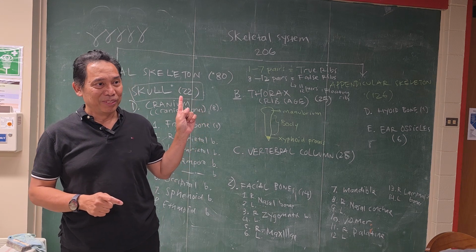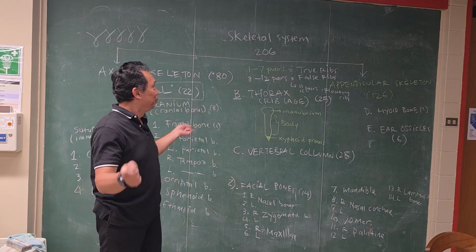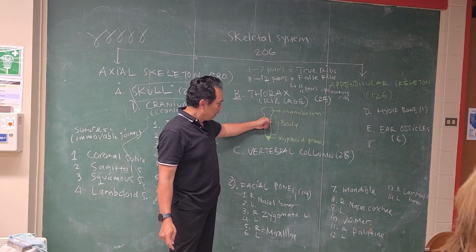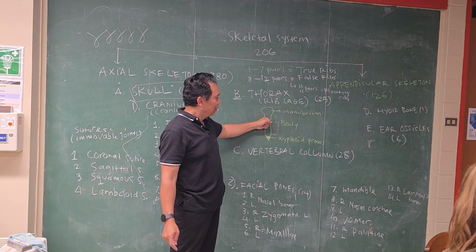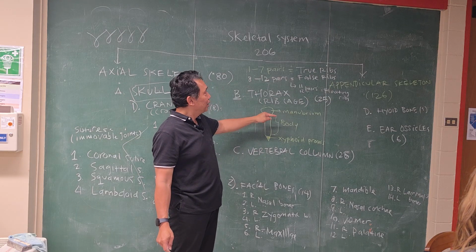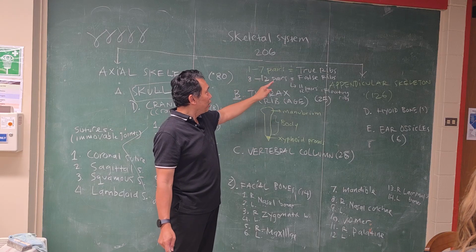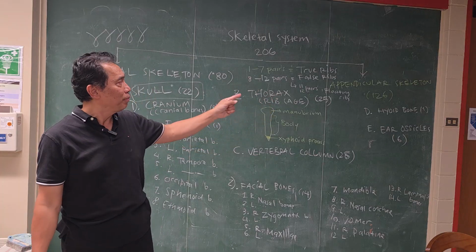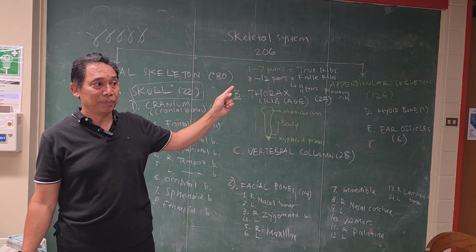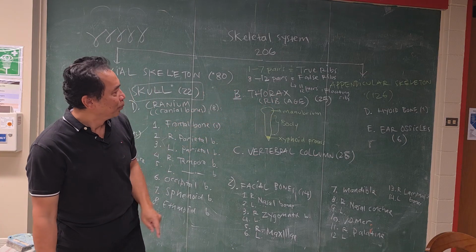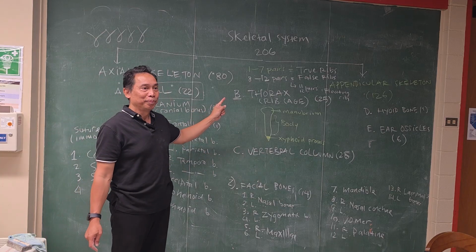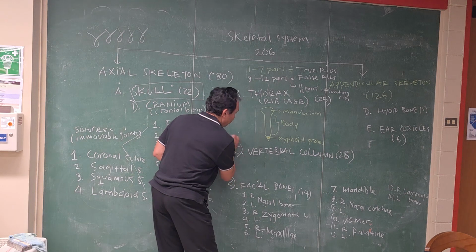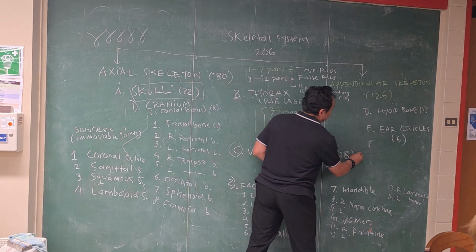25 of them. You basically only need to know the breastbone, and then 12 pairs. Pairs number 1 to 7 are true ribs, number 8 to 12 are false ribs, especially 11 and 12 which are floating ribs. Get it? Now, do you have any questions for this one? If not, then we go to the next group, which is the vertebral column.